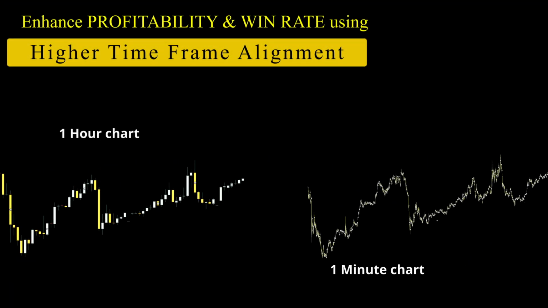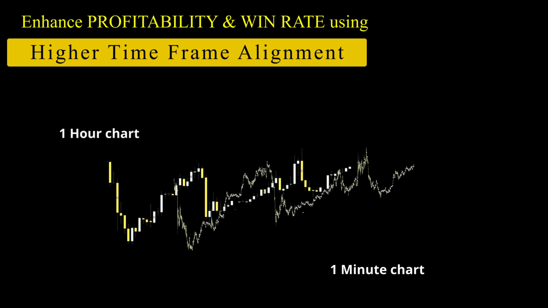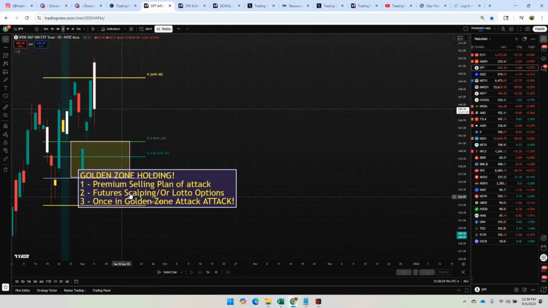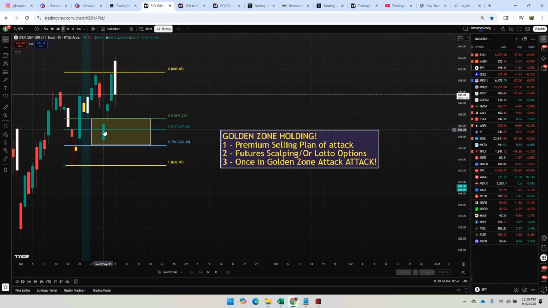Okay. So the lesson: you can greatly enhance your profitability and win rate using higher time frame alignment. Okay. So this is an example from this week. I want to show you guys real examples, recent ones. Okay. So this is Tuesday, the 2nd of September. We're in the golden zone, and I'm going to show you how you scalp using the golden zone on the